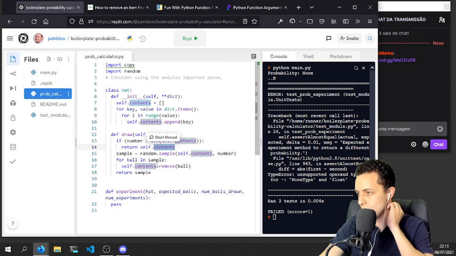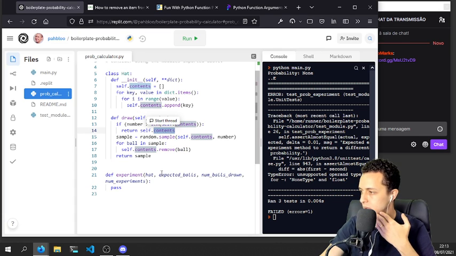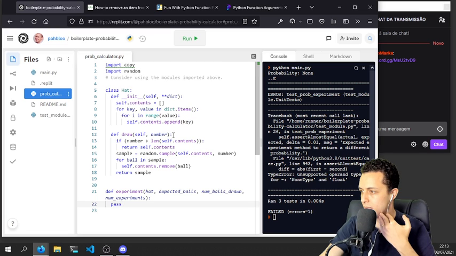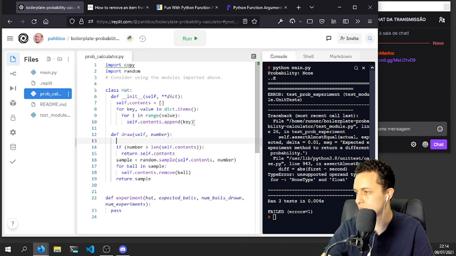So how do we do another draw from the hat without creating another object? So I needed to make it so that when we start a new draw,